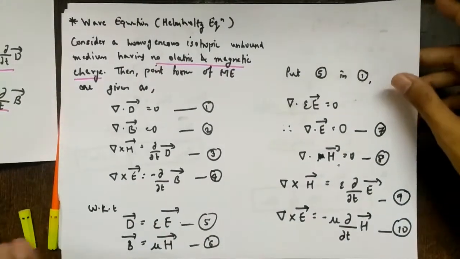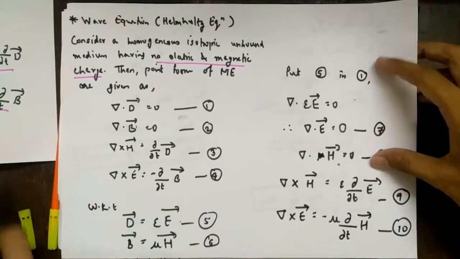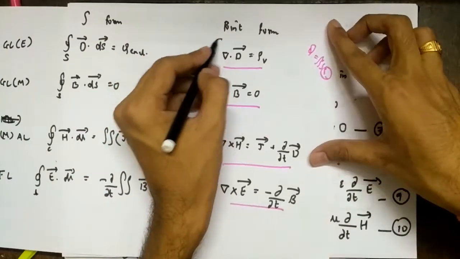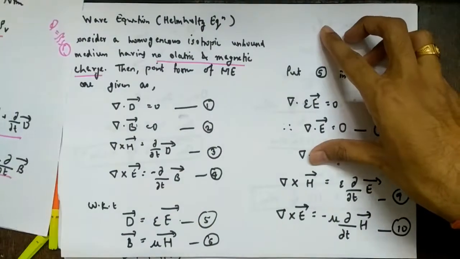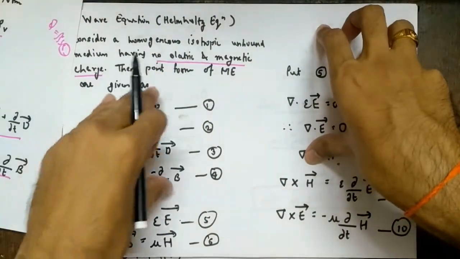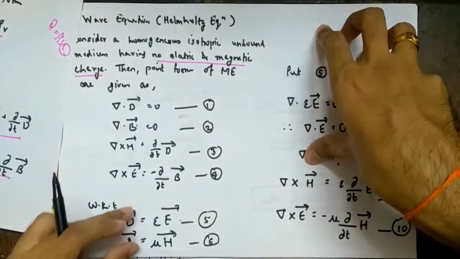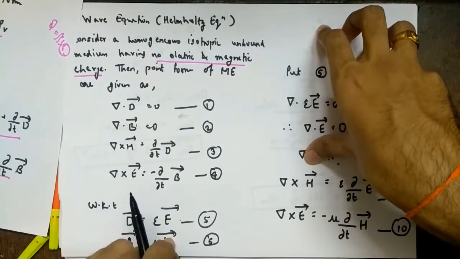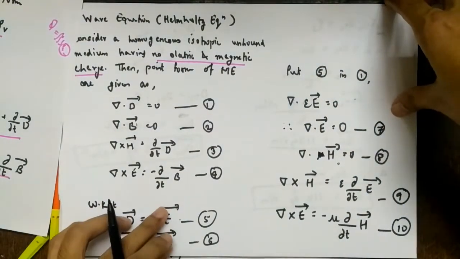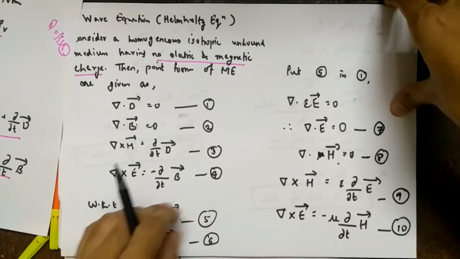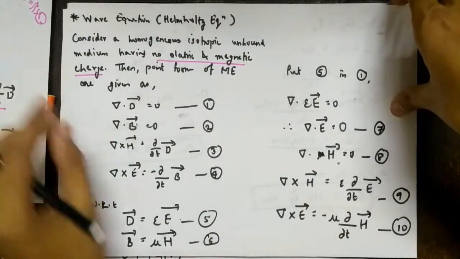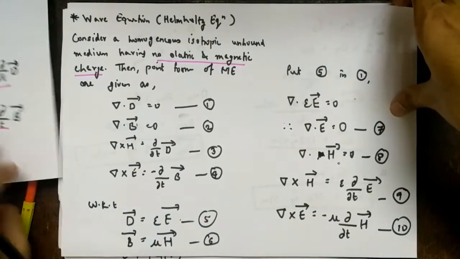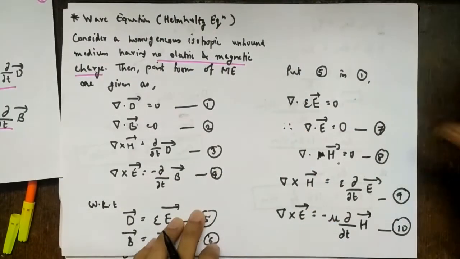Again, don't learn derivations by heart. You should know the concept. What I have done, you should know Maxwell's equations by heart now. I have assumed no electric and magnetic charge, so the corresponding terms become 0. Then you should know these equations: D is epsilon E, B is mu H. We are seeing this in so many lectures, so just substitute them here. So you are getting these 4 equations. None of the equations you have to add.